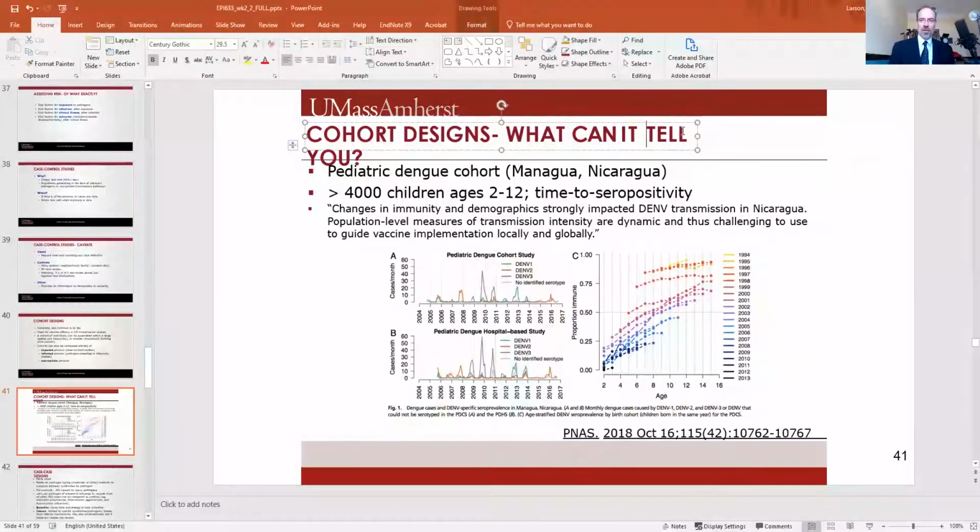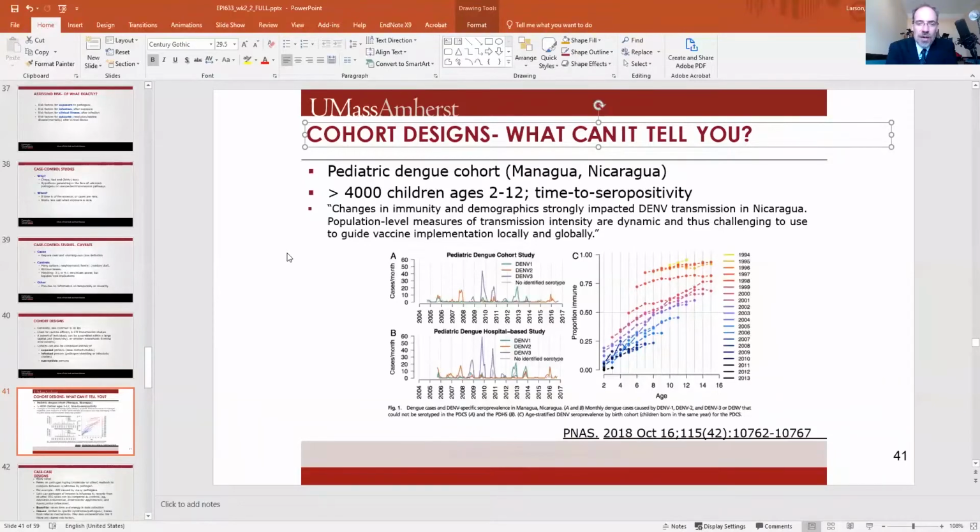Cohort designs, what can it tell you? Here's a pediatric dengue cohort: 4,000 children aged 2 to 12. We're looking at time to seropositivity. Changes in immunity and demographics strongly impacted